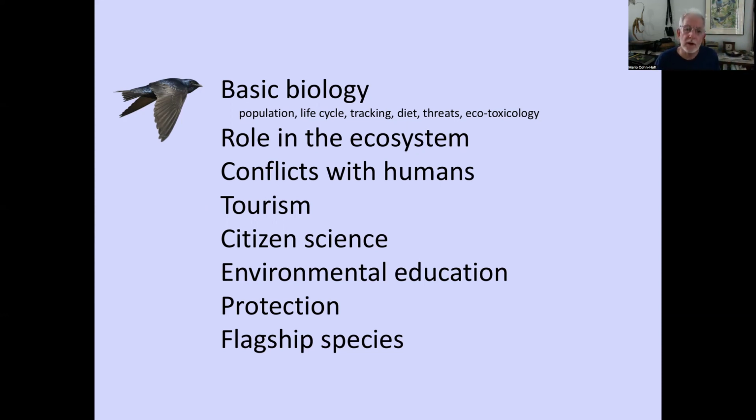And then moving on, what is their role in the ecosystem? What impact do they have on the rest of the environment? Do they conflict with people? Are they involved in things that people don't like? Is there potential for tourism? Can we get citizen scientists involved in studying purple martins down here on the wintering grounds? Can we use them for environmental education? Can we protect the purple martin on its wintering roosts? And can we use them as a flag species to draw attention to conservation in general here in the Amazon? These are our main themes for research